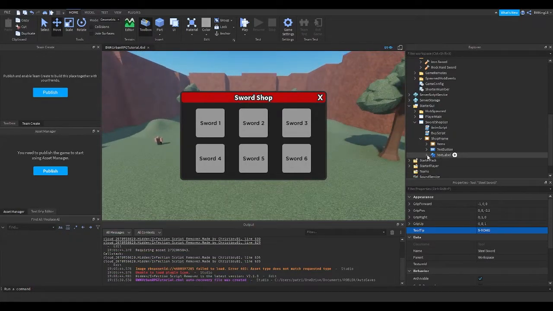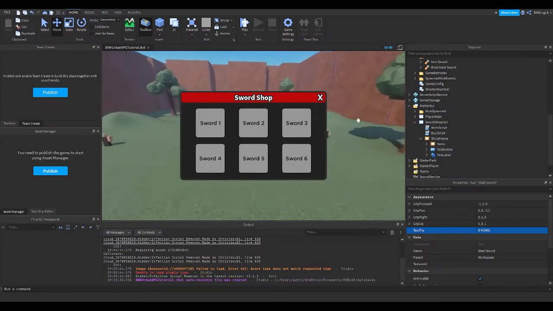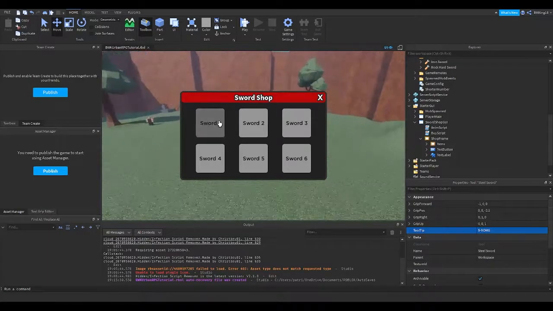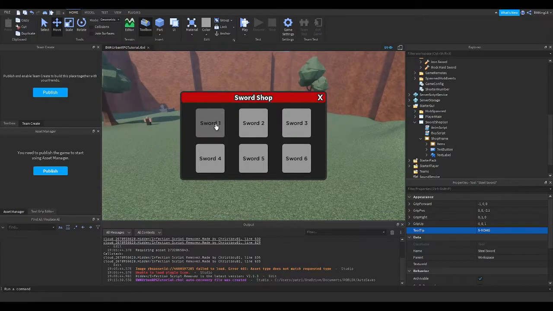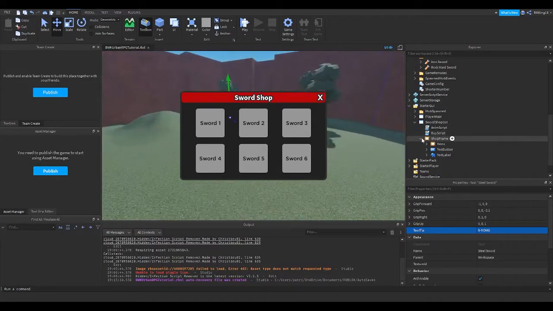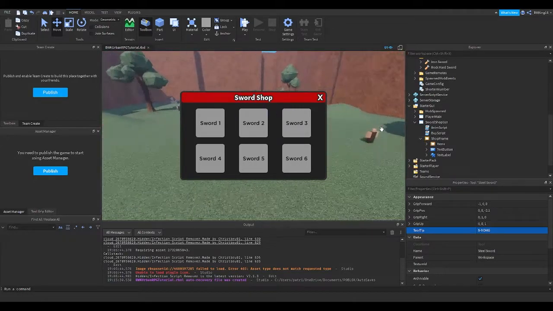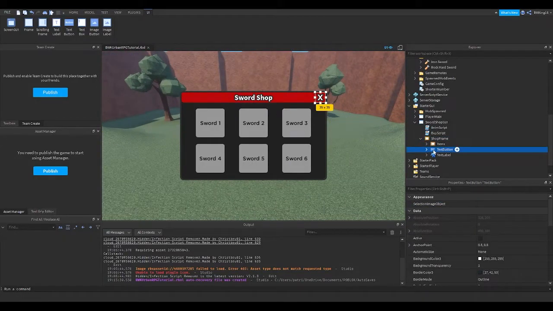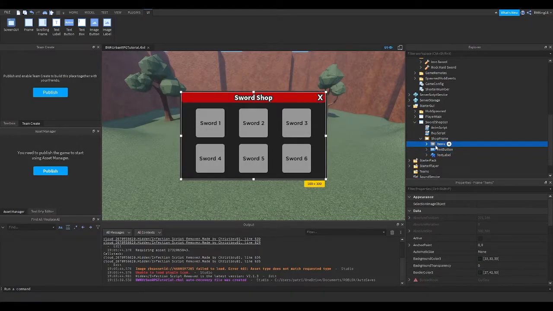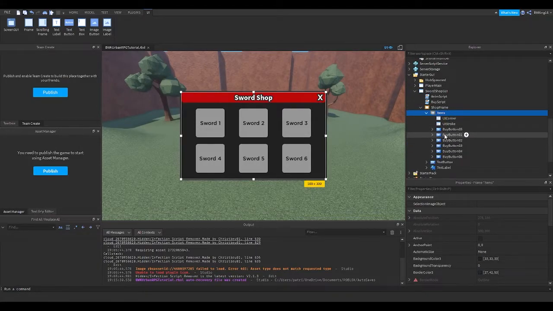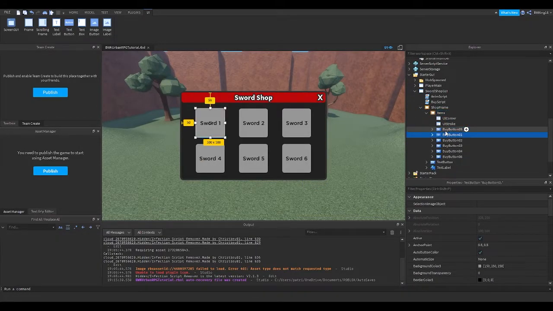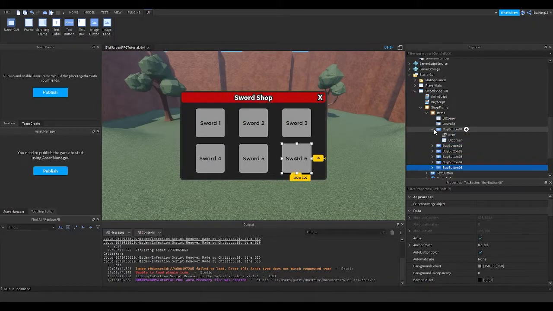So, for instance, if we play it and stuff like that, you'll notice it won't work, because we haven't set it up yet. So I'll show you guys how to set it up right now. So what I'm going to do is go to shop frame. There's the X, by the way. Anyways, the items. So as you can tell, these are the items right here. And let's just start